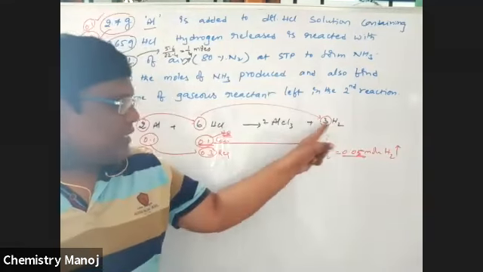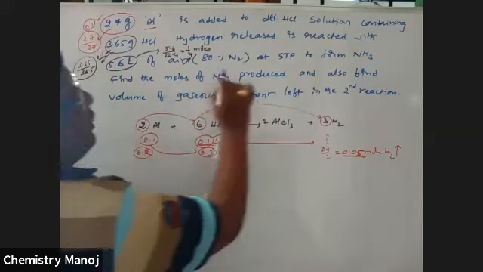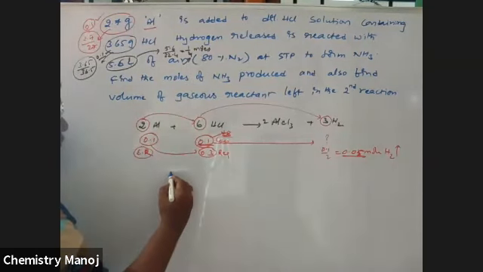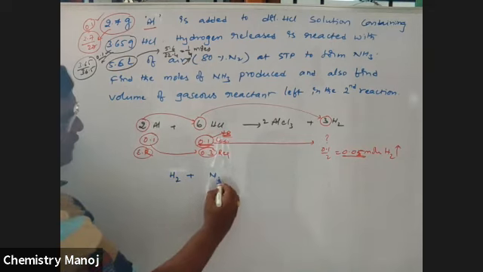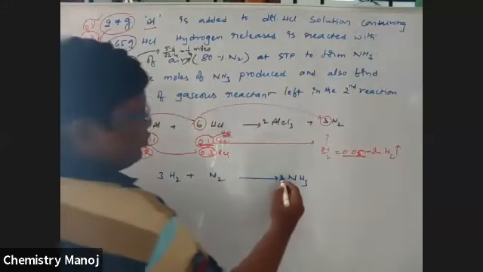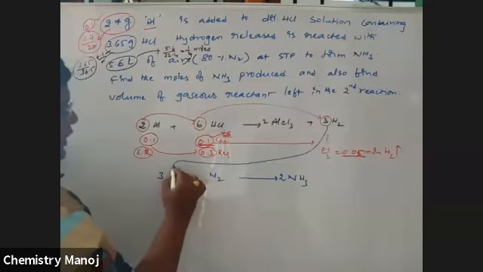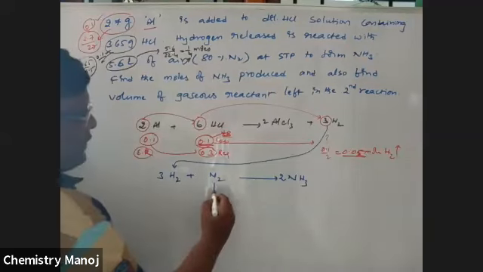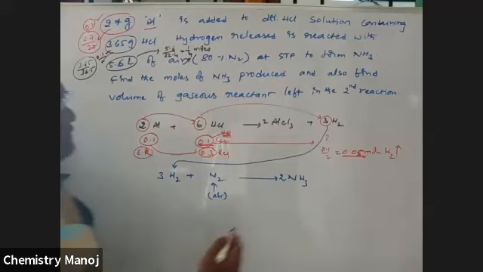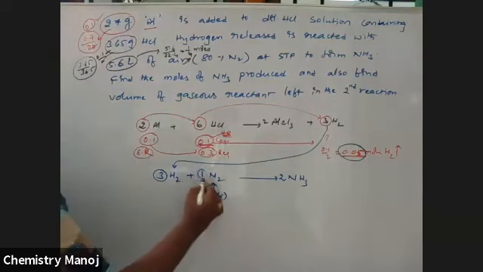Okay. Now that released hydrogen is used in the second reaction. What is the second reaction? That liberated hydrogen reacts with air having nitrogen. That means hydrogen reacts with nitrogen, gives ammonia. N2 plus 3H2 gives 2NH3. It is the balanced equation. This entire hydrogen is used here. This is from air. How much hydrogen is liberated? That is 0.05. Actually 3 moles reacts with 1 mole, that gives 2 moles.